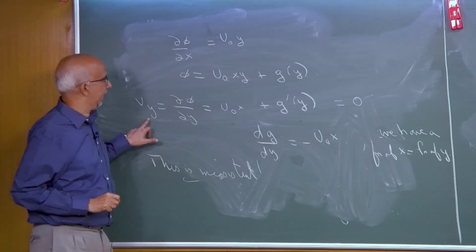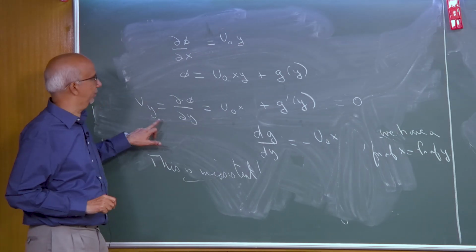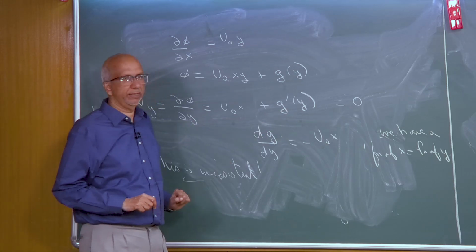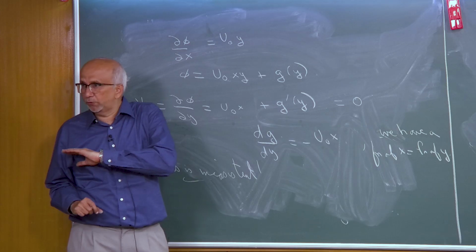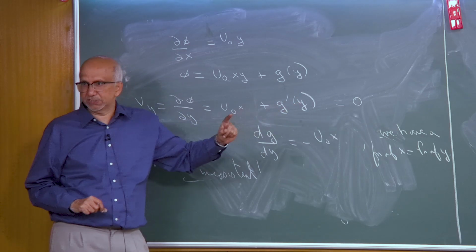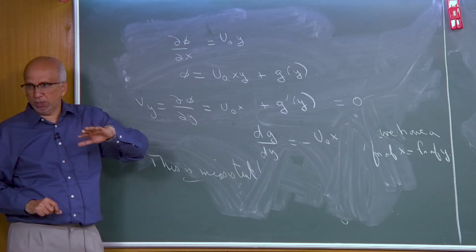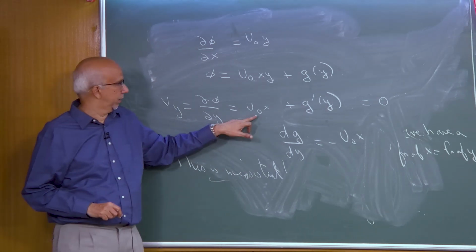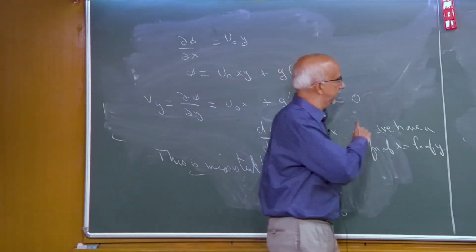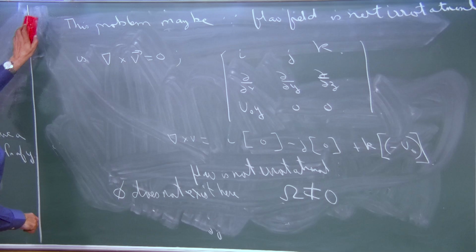I can't satisfy this condition that d phi by dy must be 0, Vy is 0, because it has to be true for all x and y. My flow field is such that Vy was 0 for all x and y, and this can't be satisfied. So what the point is, you may say, look,